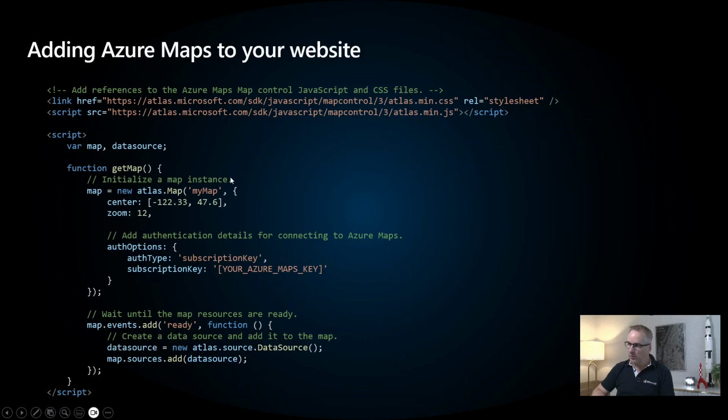Then looking at the source code itself, basically you create an atlas map, that is just Azure Maps in this case, where you give longitude and latitude information and a zoom number, the level of zoom for the map. The longitude and latitude information is, however, reversed compared to Bing Maps. So that's the only thing you need to remember if you have longitude and latitude information in Bing Maps